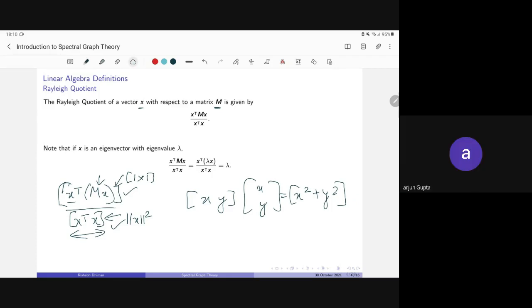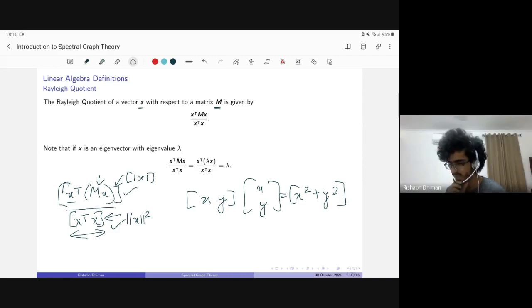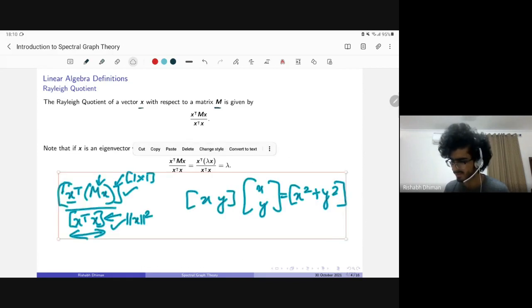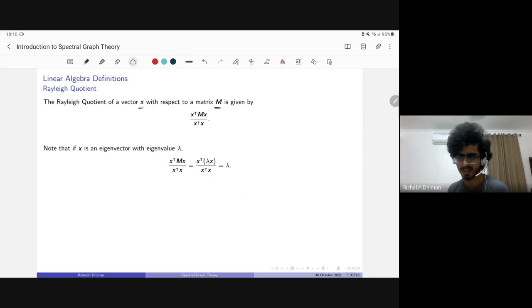Do you know a good source for all this linear algebra stuff? Oh, yeah. So for linear algebra, I personally like Linear Algebra Done Right. I can send it in the chat later if you want the name. But there's some other good sources. I generally prefer thinking of it in abstract terms, so I prefer Linear Algebra Done Right. But you might prefer a geometrical manner, so you might like Strang's book. But yeah, I'll just send these links.